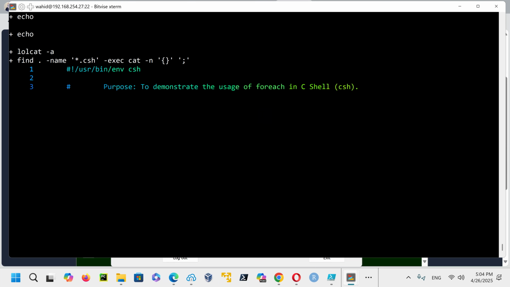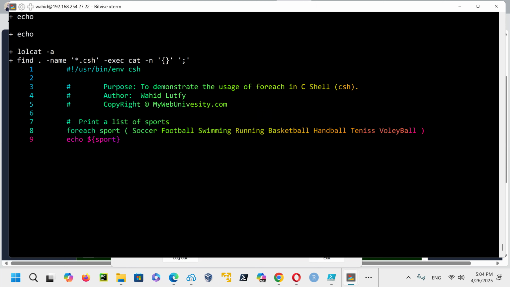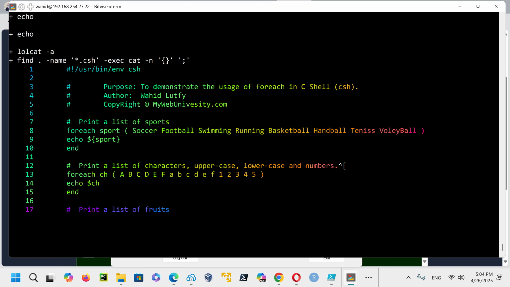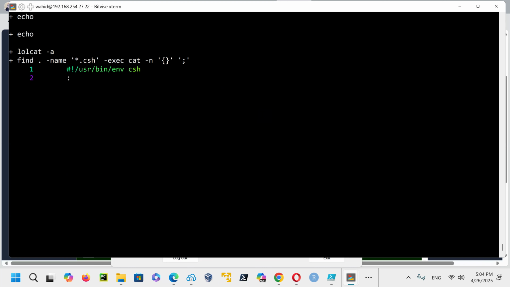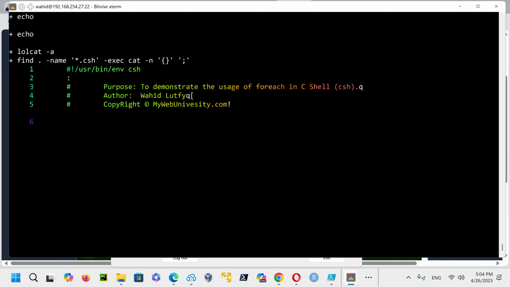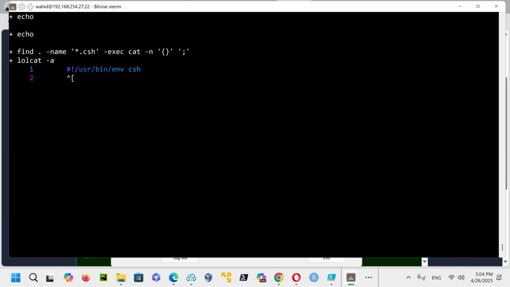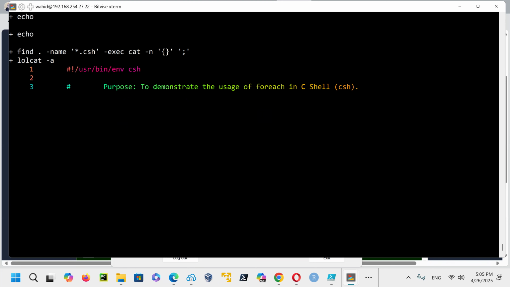Okay, so it is displaying it. I'm going to just let this one finish, because lolcat is looping it. The loop is good for this one, but not for this example. So Control C, Control C. Okay.